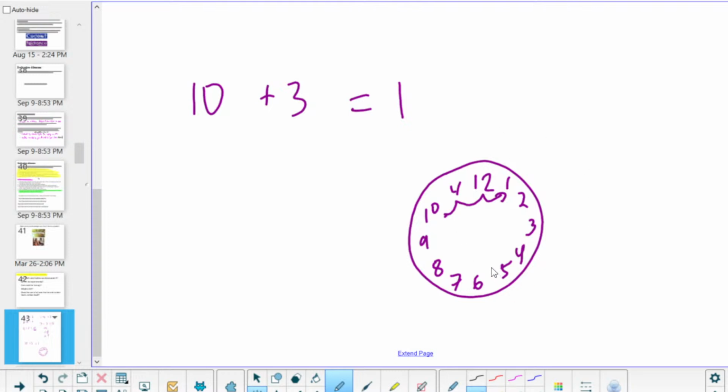And that may be like, oh, that's just what we do with clocks. It turns out this type of math is really useful in a lot of different areas. It's a real type of math that seems to describe parts of the universe.